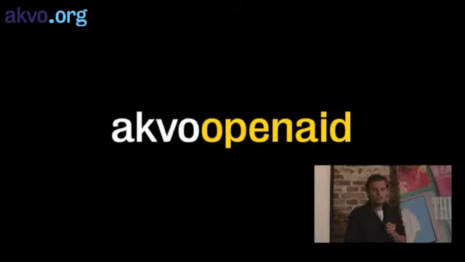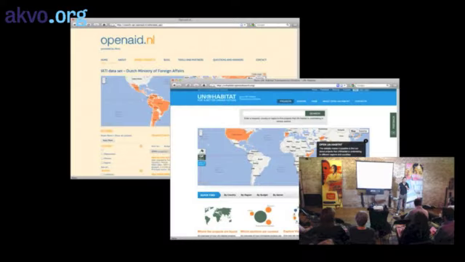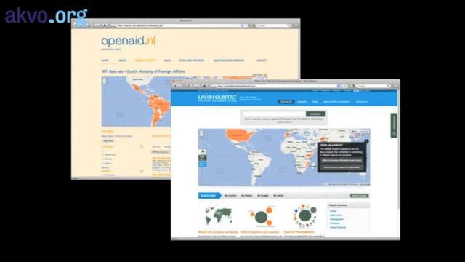And then Akvo Open 8, it's not specifically in the program, but I want to mention it. It's a new development, and Siem, I don't know where Siem is sitting, in the back, has been working on this. You've probably heard that there's a lot of movement about opening up data, and there's now almost 75% of all donors have agreed to open up financial data. So what are they funding where? You might have read in the Dutch newspapers that the Dutch government is now rated at the 3rd level of the most transparent in publishing that data. And it's partly due to